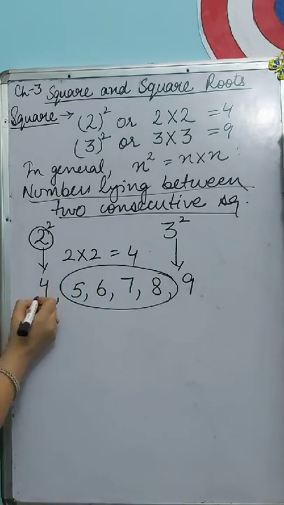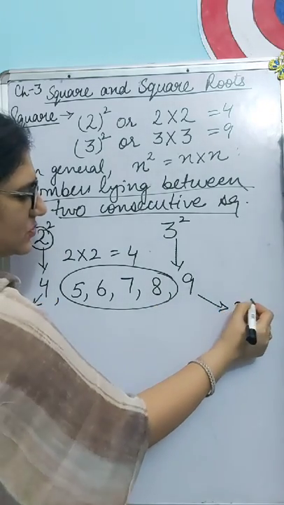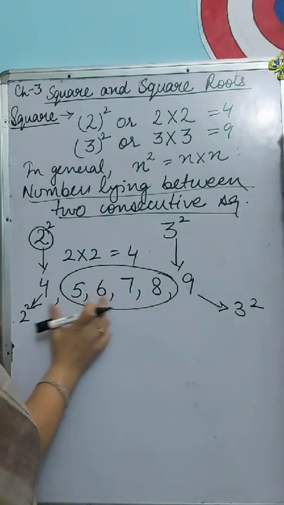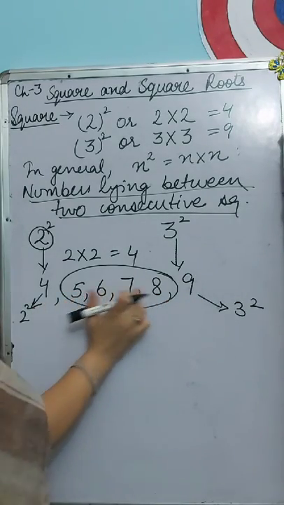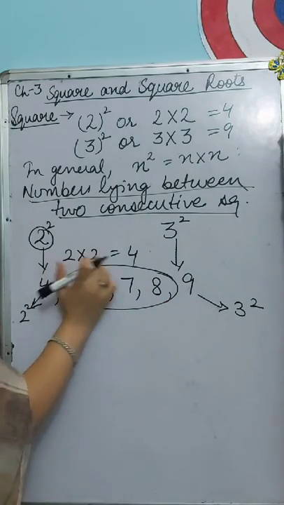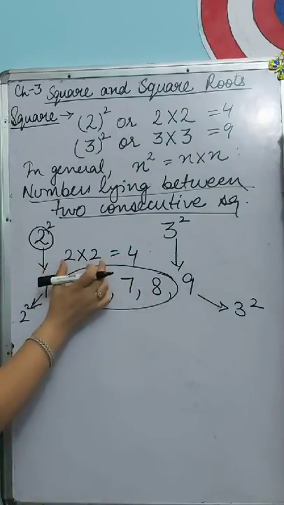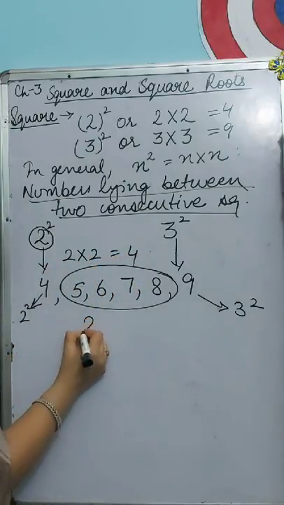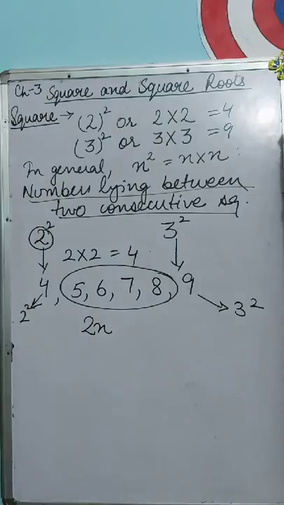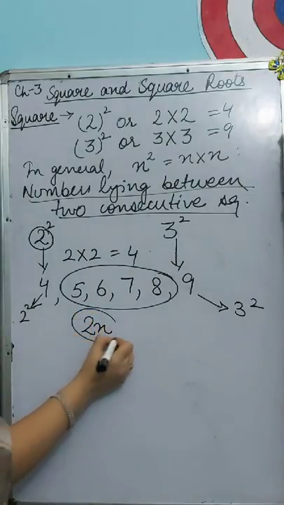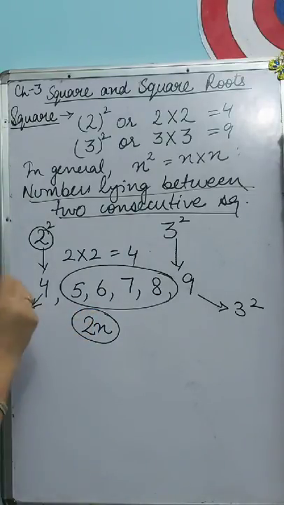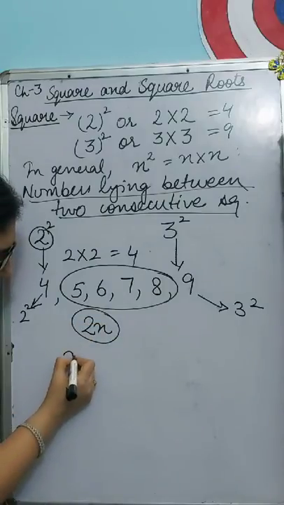So the two perfect squares are 2 square and 3 square. The count of numbers lying between these two squares is 4. How do we know this? We know this by the formula 2n. Simply what you have to do is 2n. How 2n? In general, beta, whenever you are having a number n square,